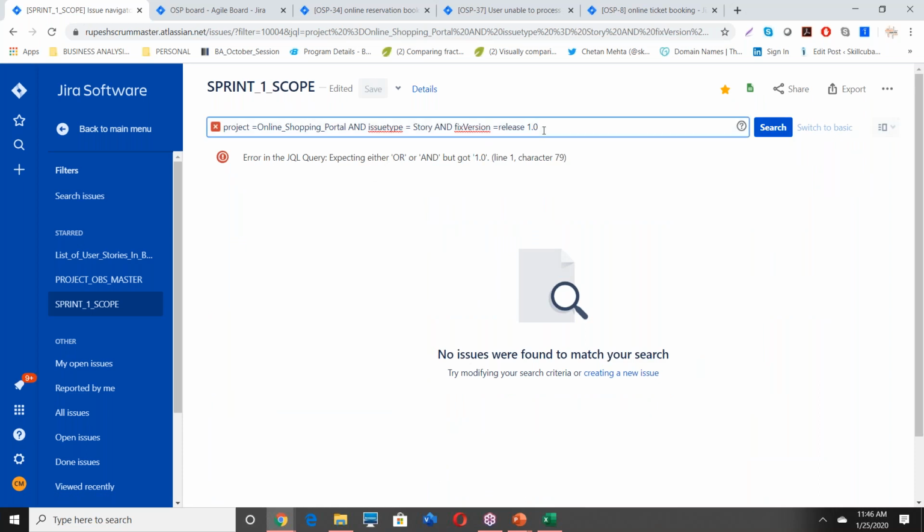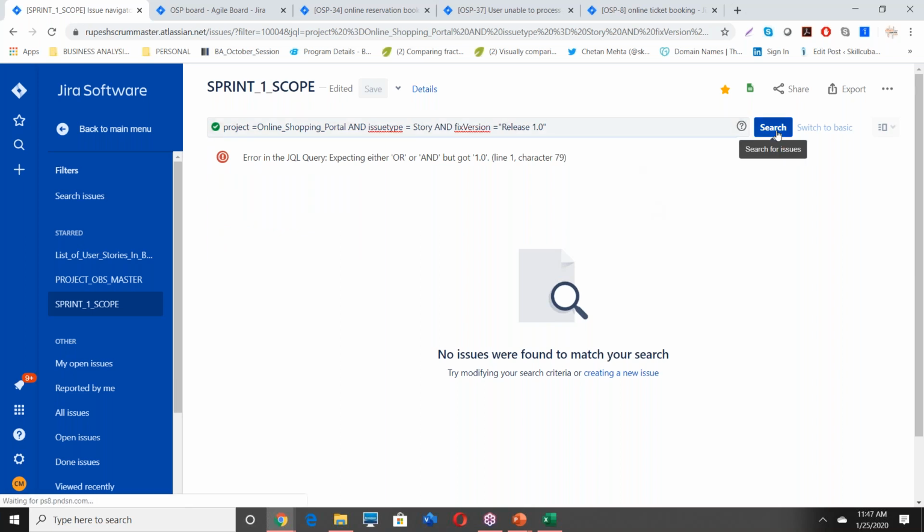It will turn red. What you have to do is, before you type in fixed version, use the quotes. Then on the left side you will see all the releases we have. Select the release you want and then click on search.